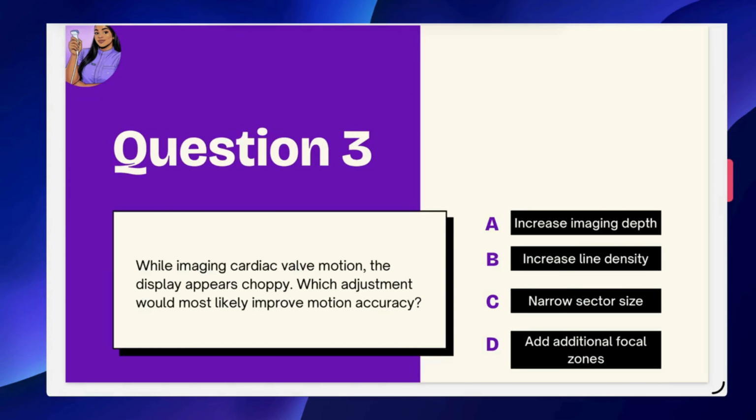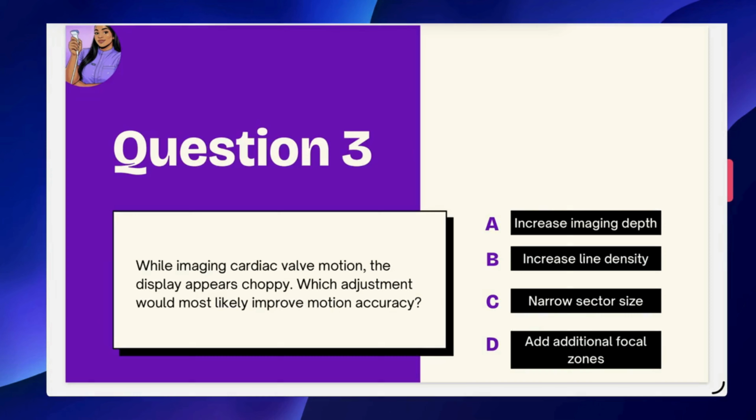So it says we're imaging cardiac valve motion. The display appears choppy. Which adjustment would improve motion accuracy? So we are talking about motion. Again, this has to do with our temporal resolution. That's what we're thinking, what is going to improve this? Remember, anything that makes the system work harder to build one frame is going to worsen our temporal resolution. So let's look at all of those options and determine what is going to put less work